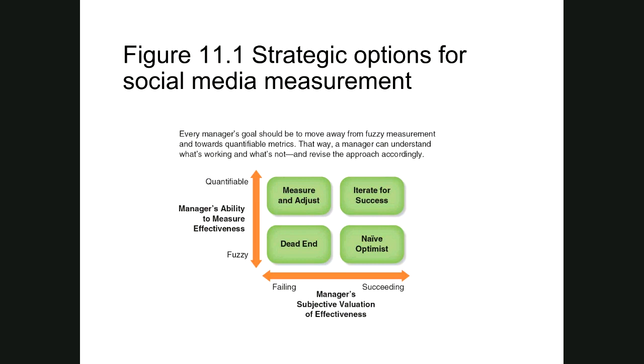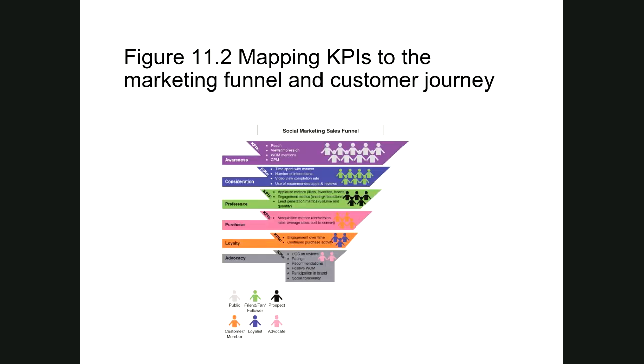So if you remember Maslow's hierarchy of needs, or what they call the marketing funnel, we can call it the consumer purchase journey that you remember from a prior chapter here, and of course, principles of marketing. So our social marketing sales funnel starts with awareness. And you see that's the widest part of the funnel. Did people see it? Did anybody mention it? How many people did it reach?